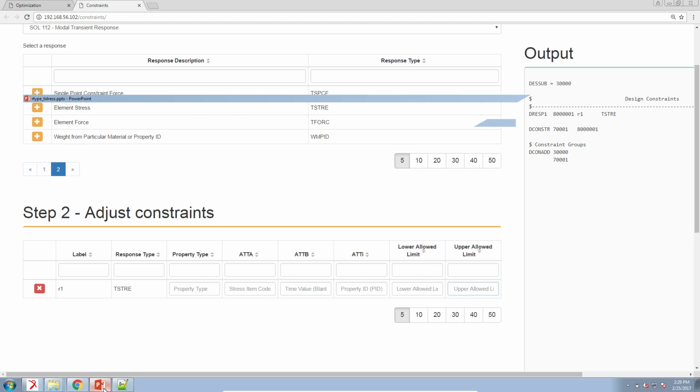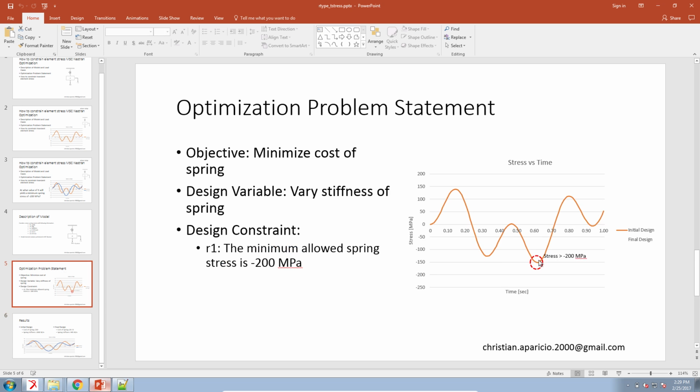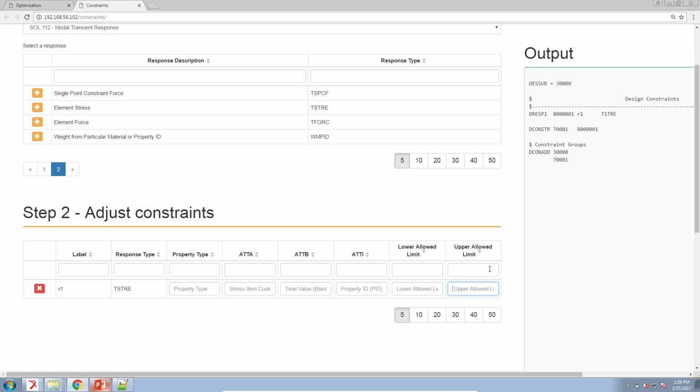Let me go ahead and look back at my optimization problem statement. So we have a minimum bound, a lower bound, if you will, of negative 200 megapascals. So here, simplest step, I'll type in negative 200 into the lower bound box. Now as for the other items,